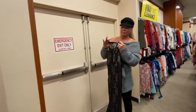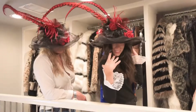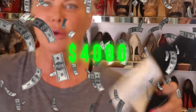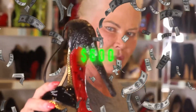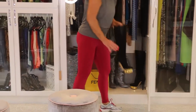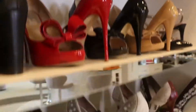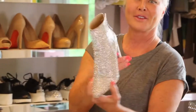Moving on to the second floor, there are clothes, shoes, belts, and a champagne bar. Not only that, there's a full wall dedicated to Louboutin footwear, which includes a Louboutin Limited Edition Pump worth around $4,000. She also happens to own a Pliner heel worth around $600, Louboutin Bejeweled boots worth $5,000, and also a YSL Pony Mohawk heel set with real pony hairs worth around $1,000. In total, there are over 560 pairs of shoes, and out of them, the 5,000 Louboutin Crystal Heels is her